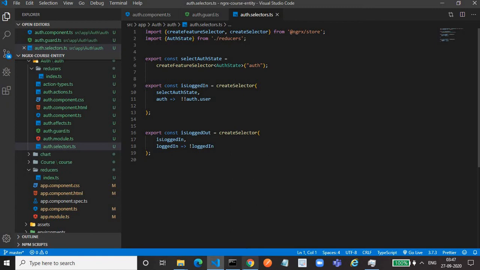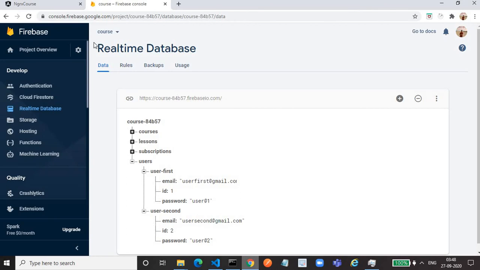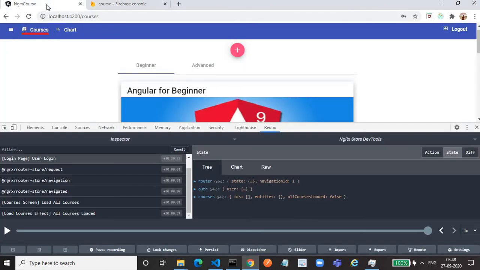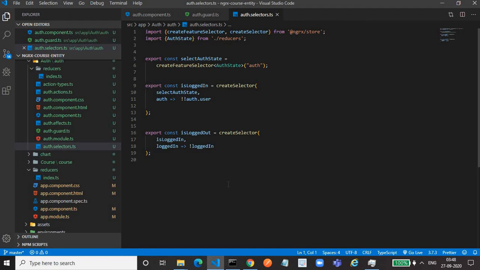In my application, the store contains the auth state, and in the auth state you will find the user information. How will we fetch the data from this store? How can we query the store to get the data? We can fetch the data from the store by using the selector concept. So we have to create selectors.